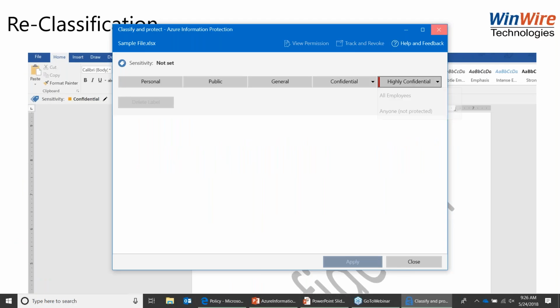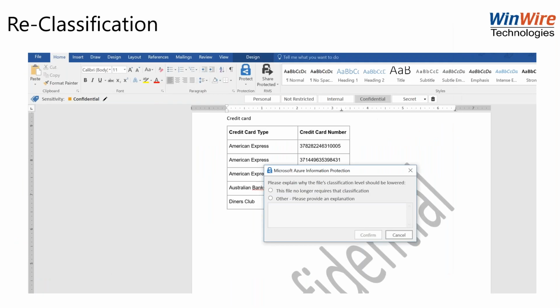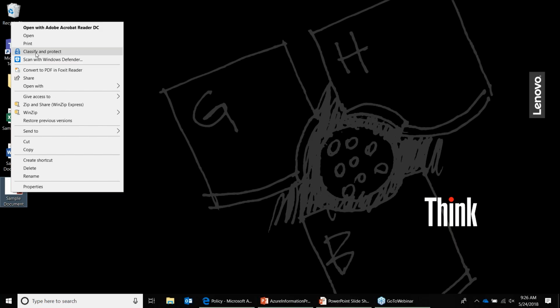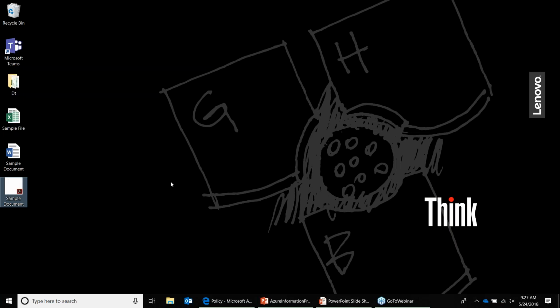This can be done for Office documents, or it can be done for almost the majority of types of documents. Even PDF files, you can classify, right? For all the Microsoft Office documents, by default you can apply this label in SharePoint Online. Let's say as soon as you drag and drop the file into SharePoint, you can apply it, right?